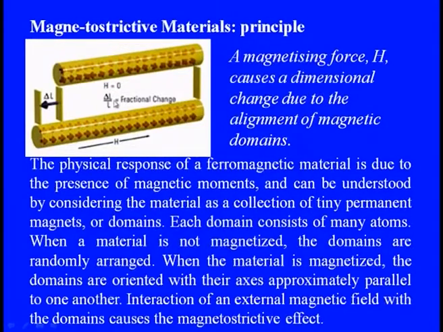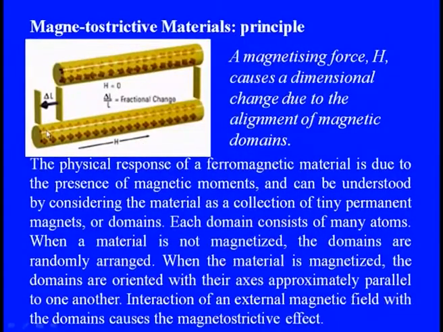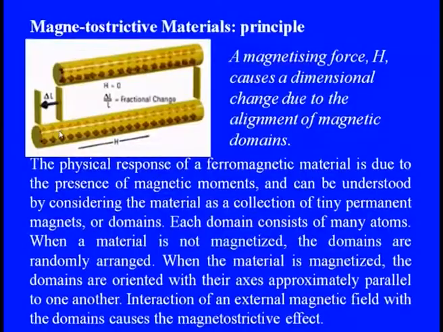When the magnetic field H is applied in this direction, all these molecules are oriented towards whatever direction this magnetic field is directed, and then we have even a physical change in the entire parameter. So, that is what we discussed, that these Lorentz forces are directed straight towards these mechanical parts along with these molecules. So, the physical response of the ferromagnetic material is due to the presence of these magnetic moments,